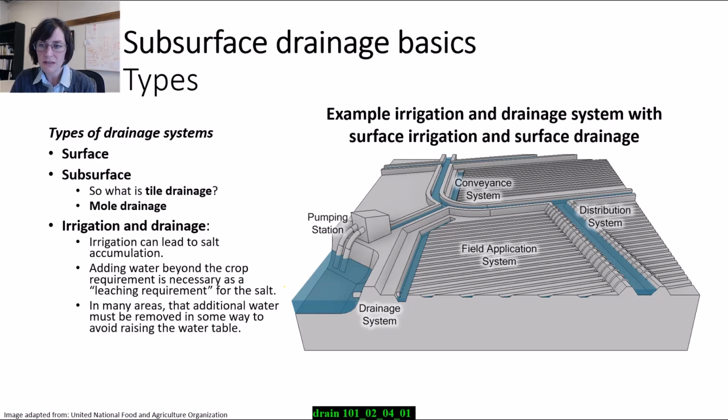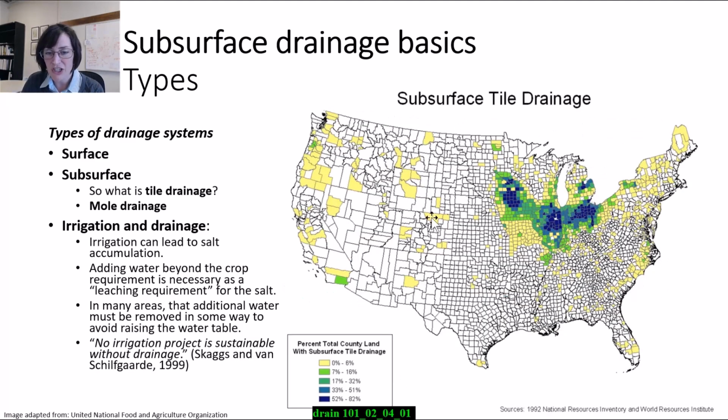There's not many drainage systems in Kansas or Nebraska where they do a lot of irrigation because that drainage is naturally provided. They don't need to provide any additional drainage even though they're irrigating. Out west, however, these drainage systems that you see popping up will typically be irrigation and drainage systems. The climates will be much more arid, and so that's an indication that you're going to have an irrigation and drainage system if you're talking about drainage in that part of the country.